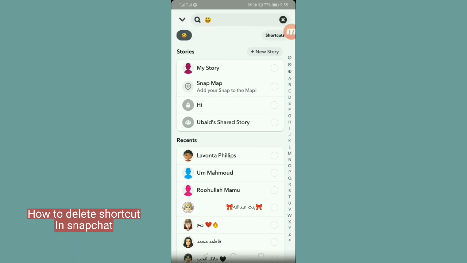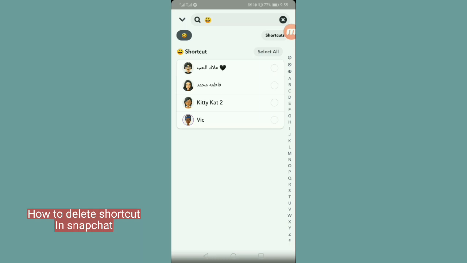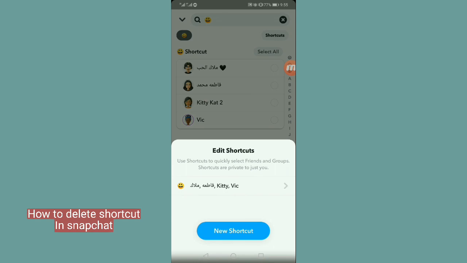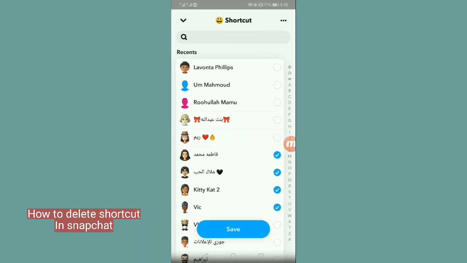So simply tap on the shortcut, and here you will see the shortcut and all the members of the shortcut here. After that, tap on this shortcut option, and here you will see I have created this shortcut. So simply tap on this, and after that tap on three dots here,